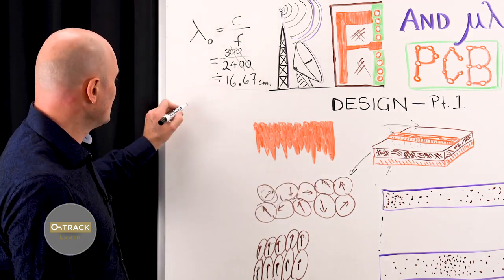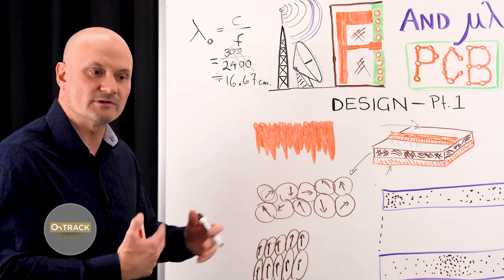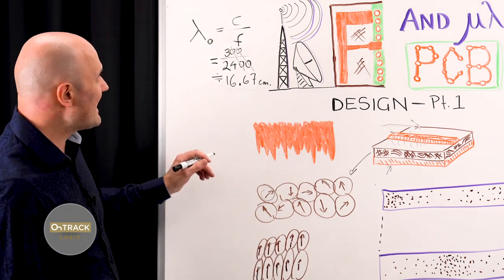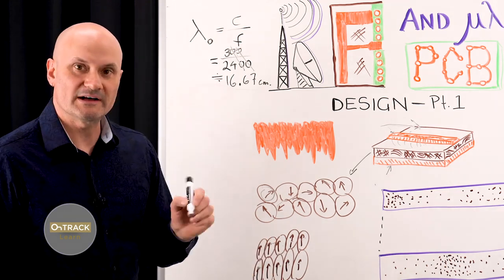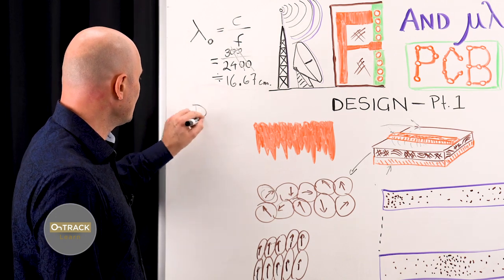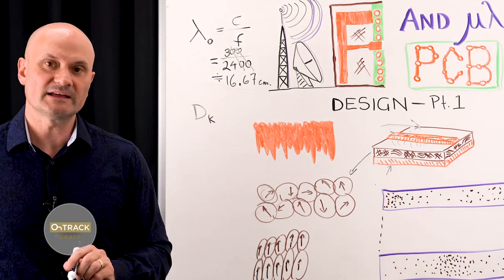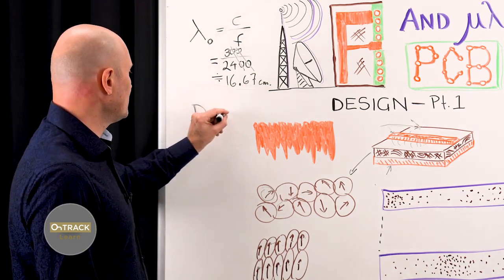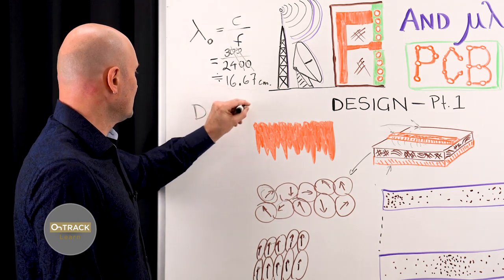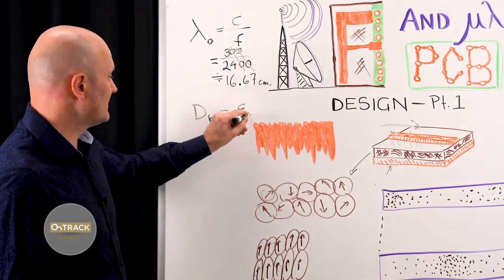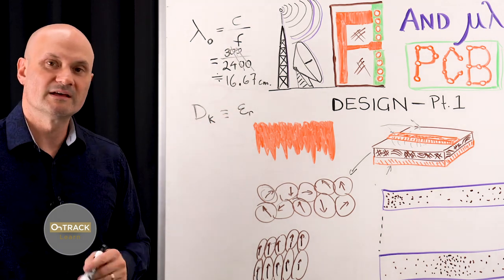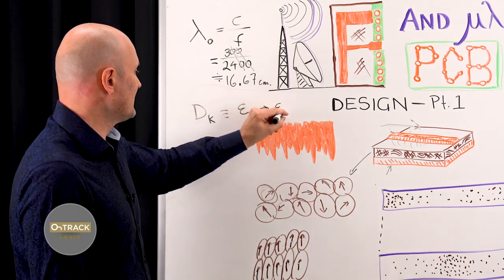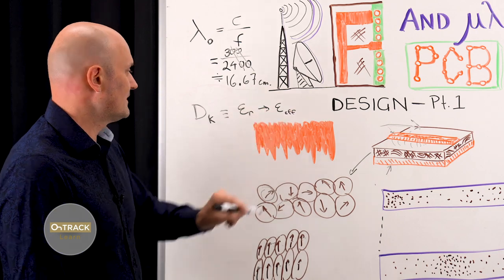So in a PCB or any other material like a coaxial cable or some other kind of cable or any kind of insulator, we have what's called an effective dielectric constant, or Dk, as you may know it. And this is typically an attribute on a PCB material data sheet. Dk is also sometimes called, and the proper engineering term is epsilon R, the relative permittivity of the material, and that gives rise to an epsilon effective, which is